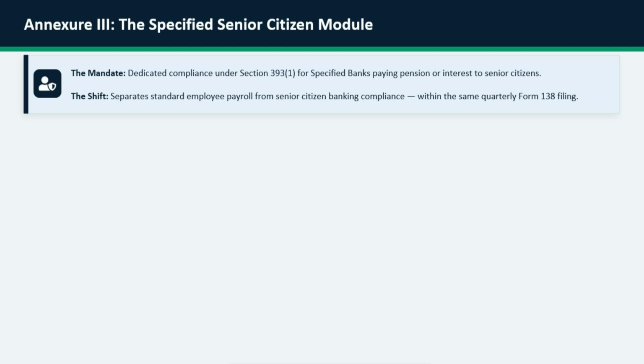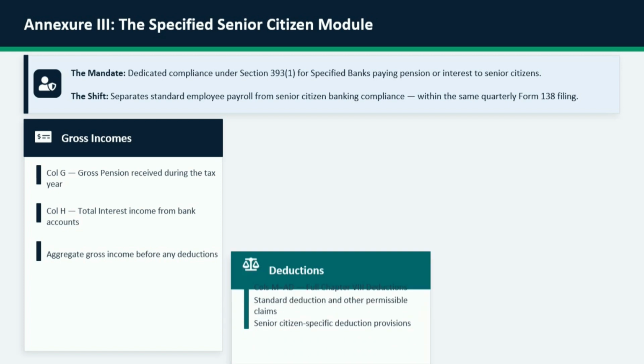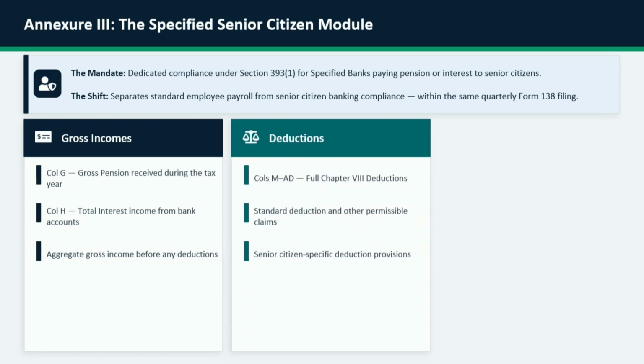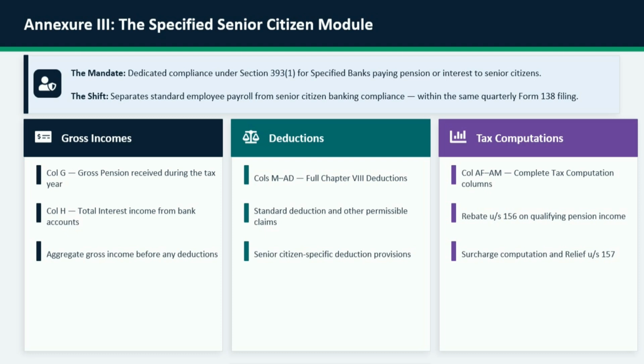now distinctly categorized. The module begins with gross income reporting, covering pension income and total interest earned. It then captures eligible deductions under Chapter 8 in a structured and standardized format. Finally, the framework moves into detailed tax computation, including tax liability, rebate under Section 156, surcharge calculations, and relief under Section 157. Overall, Annexure III strengthens transparency and creates a more focused compliance mechanism for senior citizen taxation within the